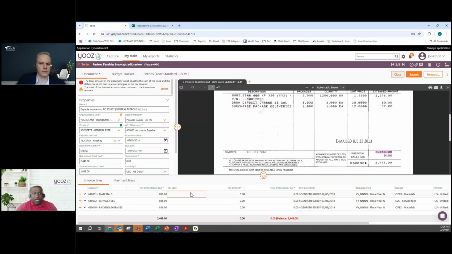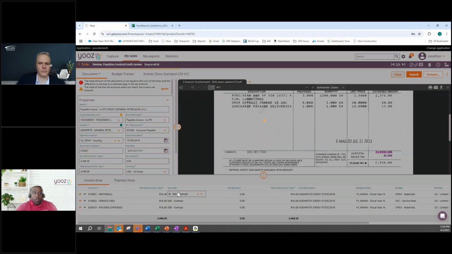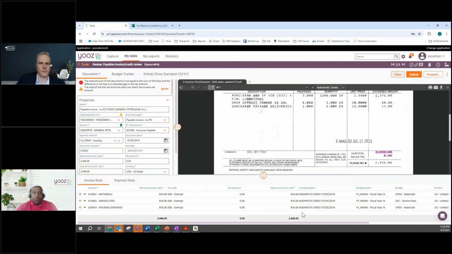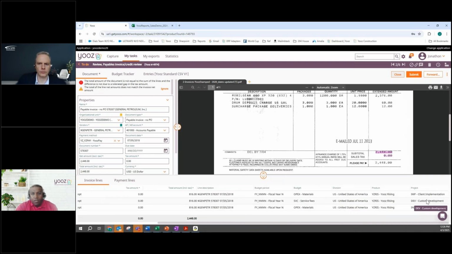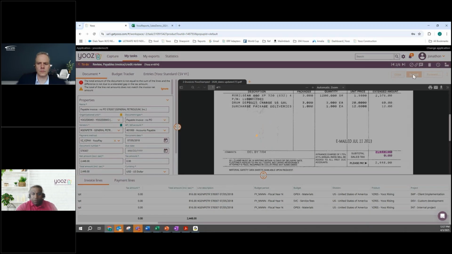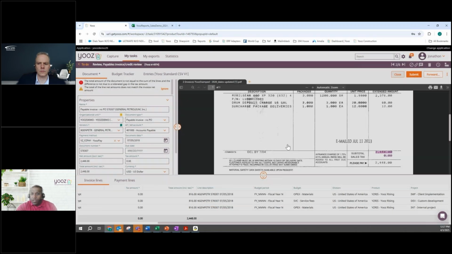I don't have sales tax, so what I'm going to do really quickly is just say exempt here, and then bring this on down, copy all lines as well. So then we see a balanced 2400. And this system memorized that it went to 3 different accounts, maybe 3 different divisions or departments. The system really is intuitive too. You can always make a change on any of the lines, because all your cost centers will be in the back of Yooz. So in this case, we'll just hit submit, push this on out, and then go from there.